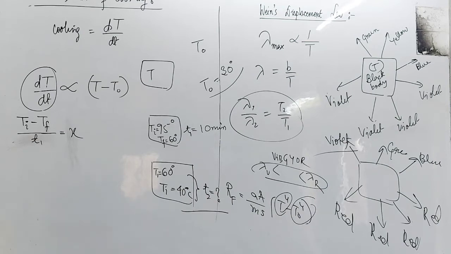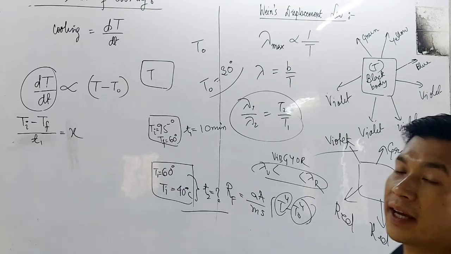In the 10-minute duration, it goes 95, 94, 93, 92, 91, 90, then 87, 80. It keeps on decreasing. It is not that it stays at 95 and after 10 minutes goes directly to 60; it decreases continuously from 95. That means the temperature of the hot body keeps on changing during this 10-minute duration,